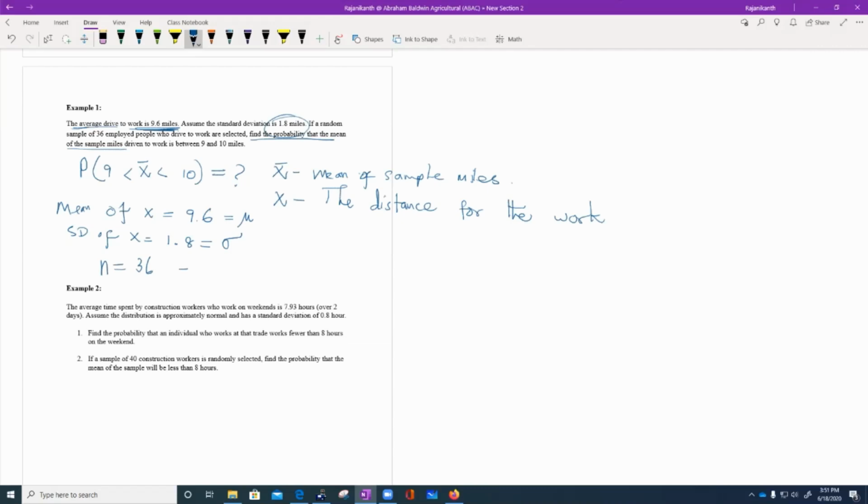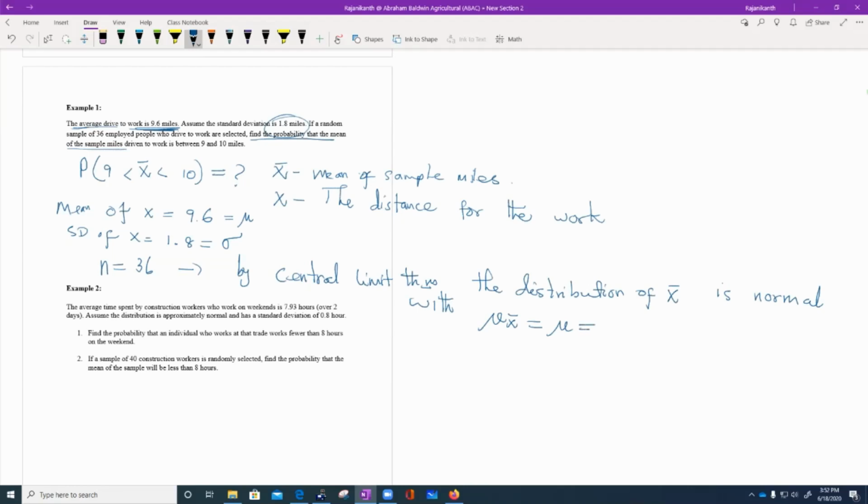That means by central limit theorem, the distribution of x bar is normal with mu of x bar. The mu of the distribution of x bar is always going to be equal to mu. For the original data, we know mu is 9.6,